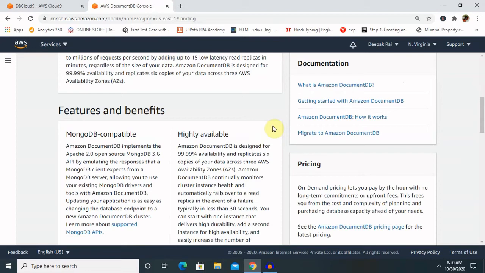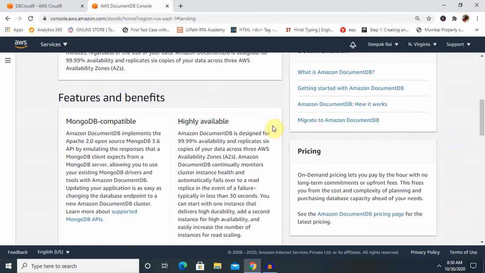Amazon Document DB implements the Apache 2.0 open source MongoDB 3.6 API by emulating the responses that a MongoDB client expects from a MongoDB server, allowing us to use our existing MongoDB drivers and tools with Amazon Document DB. Updating our application is as easy as changing the database endpoint to a new Amazon Document DB cluster.